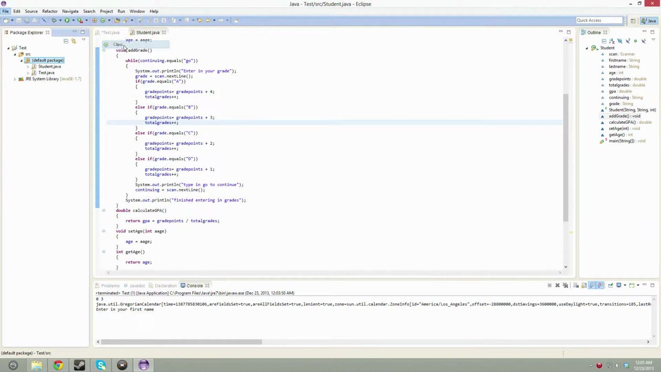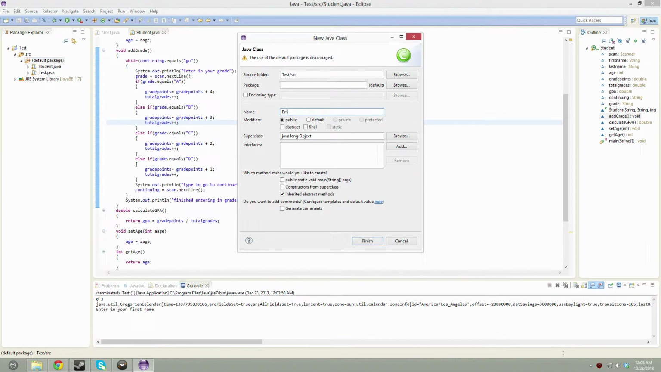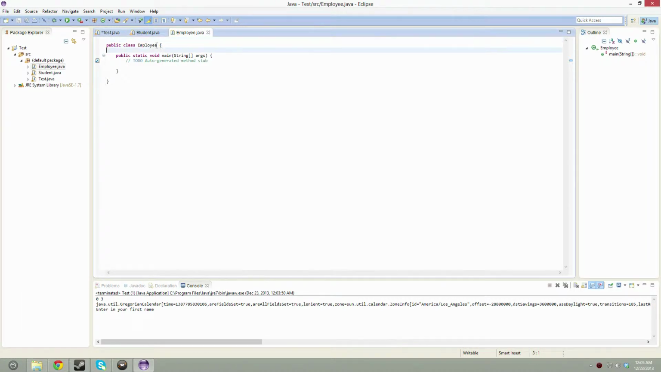So first we're going to go New, and we're going to create a new class, and we're going to call this one Employee, and you want to generate a main here. You're going to hit Finish, and then we're going to do some stuff in here again. So you're going to get rid of that, and then we're going to have Employee, and we're going to have a String first name, a String last name,